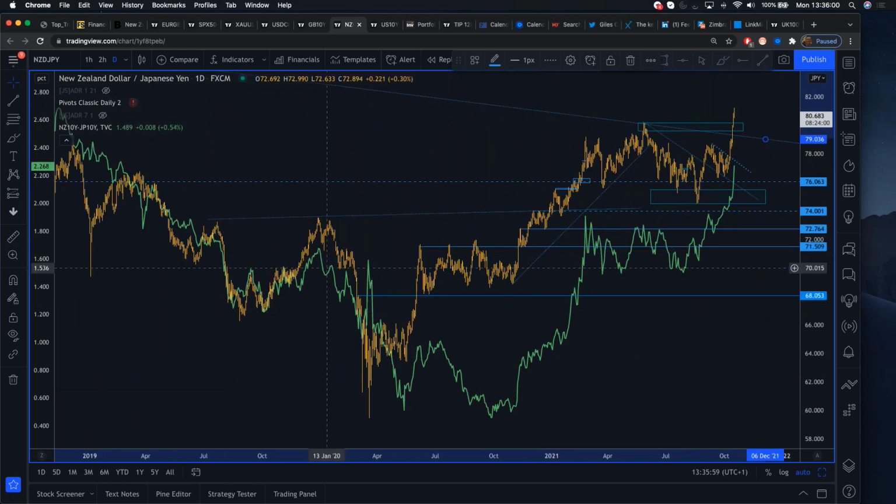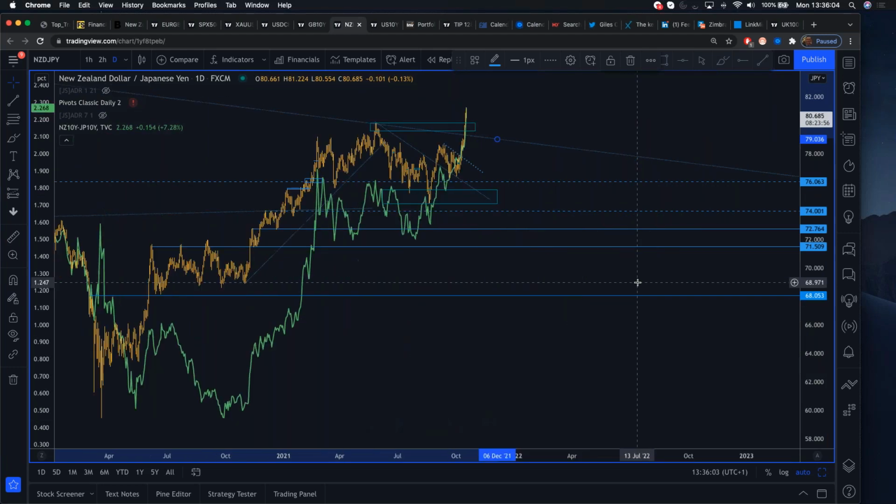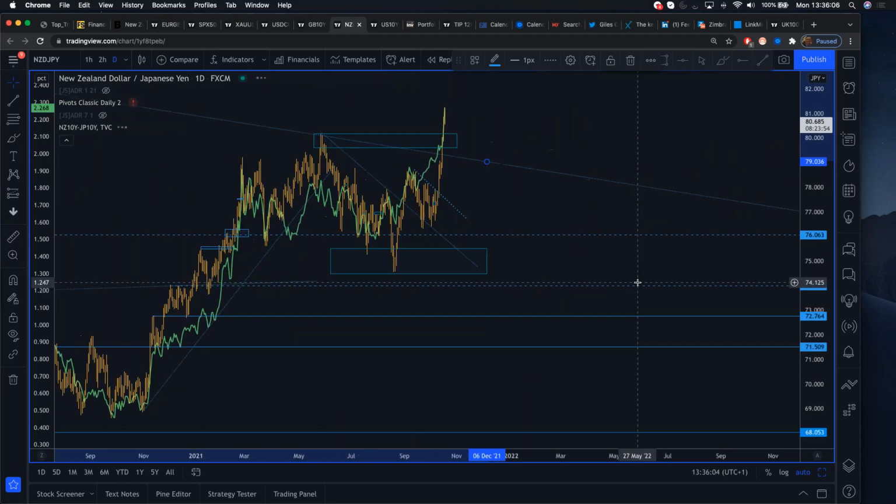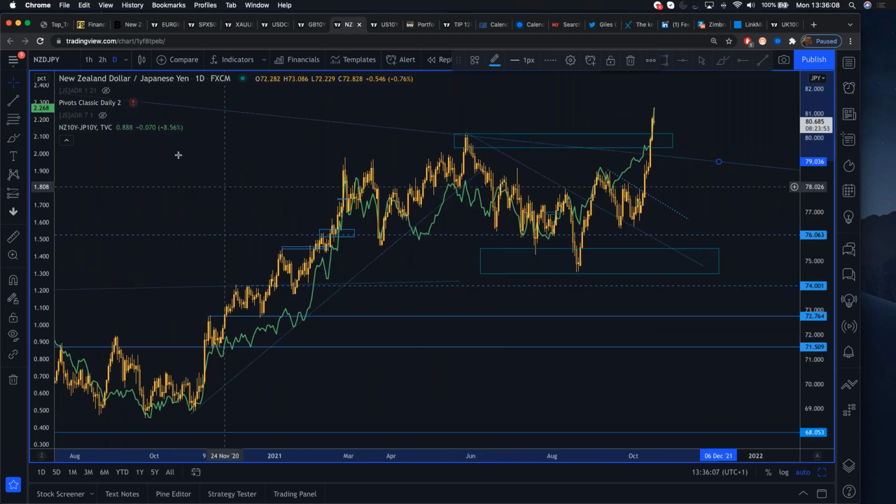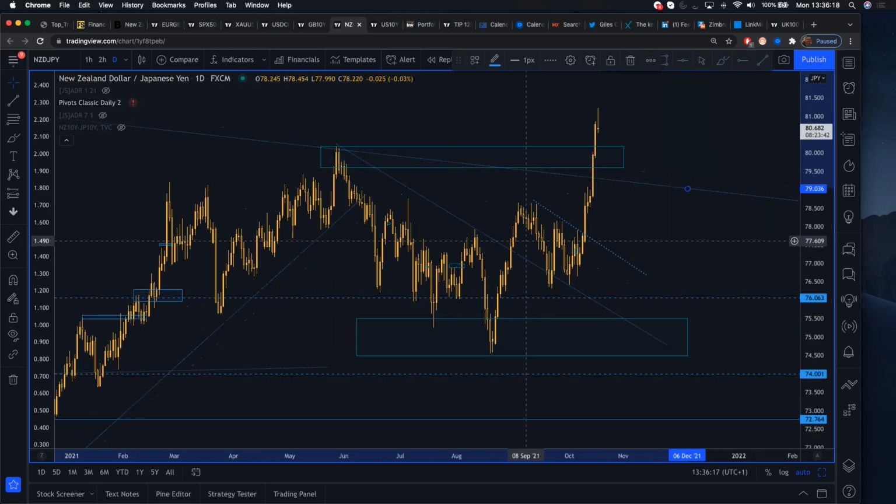Notice how the New Zealand dollar-Japanese yen pair tracks the bond yield spread very closely. That's a typical relationship that you would expect to see. As a consequence, the 10-year bond yield spread between the two has just rocketed higher. Expectations are buy on dips. That means medium term, any retracements back down to that 80, 79 region can be considered suitable for going long.